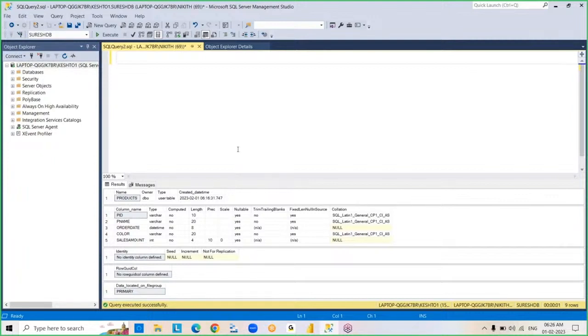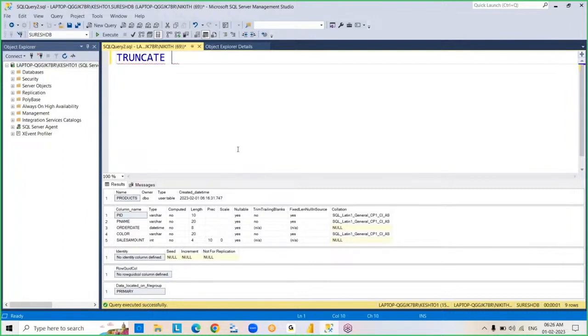So you create a table in the beginning. After that, you added new columns to the table, dropped a column, and changed the data type of a column. So you performed different types of operations. Right? And so now